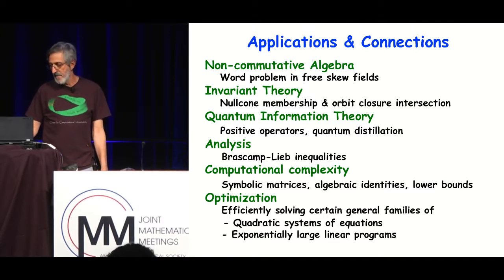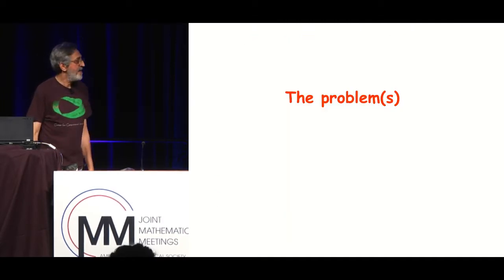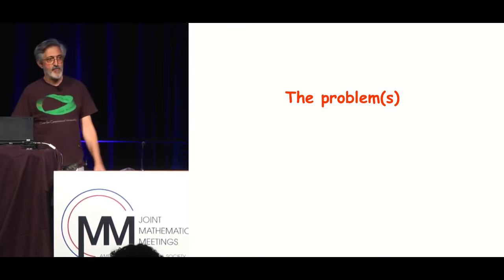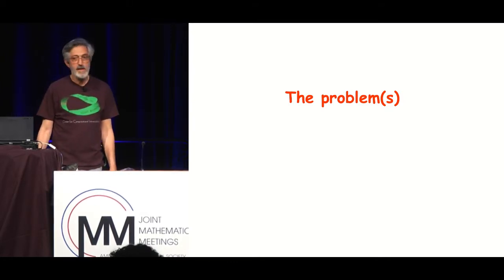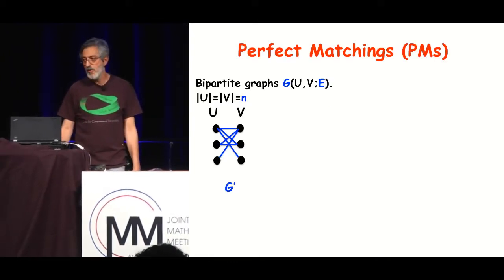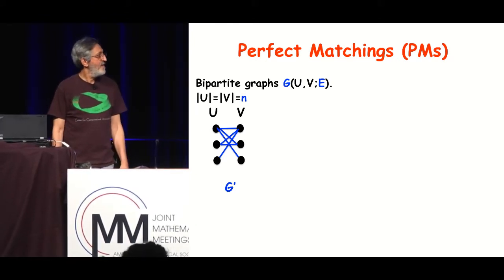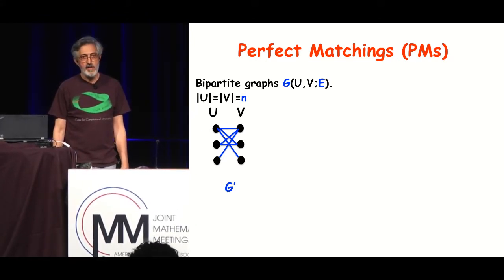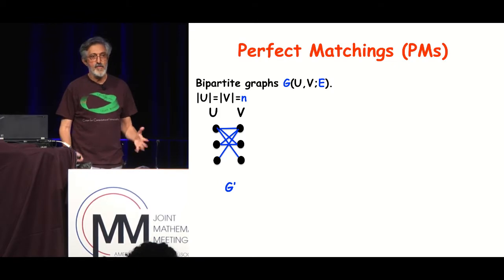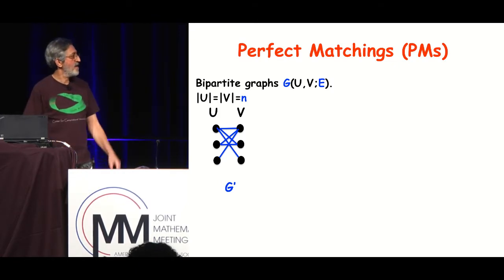Let me start by talking about the problem. And actually, to get to the problem, I'll start with a different problem leading to it. It's a very basic problem in optimization. This is a problem of bipartite matching. So the problem is you have a graph and you want to match the left vertices to the right vertices